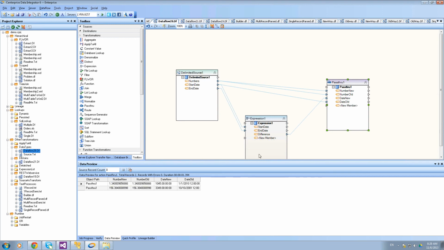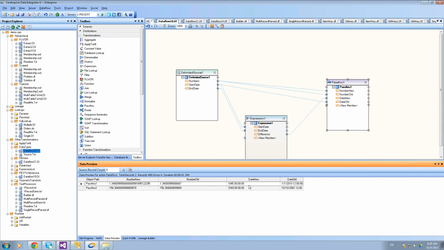Looking at the results of this processing now, just by setting the types, you can see that number new, which is decimal data type, has a much higher degree of precision compared to the version 5 real. Now the real is still available in version 6, but you now have the ability to use decimals as well. And also we